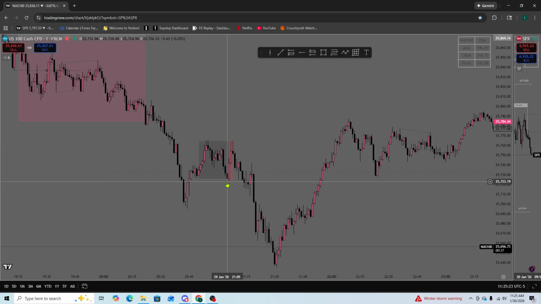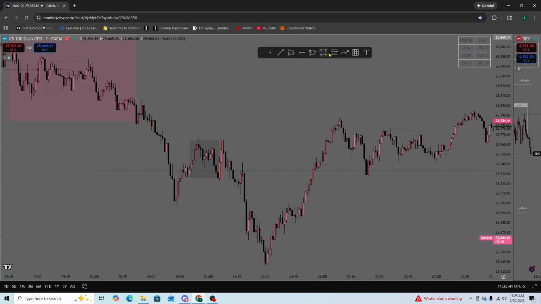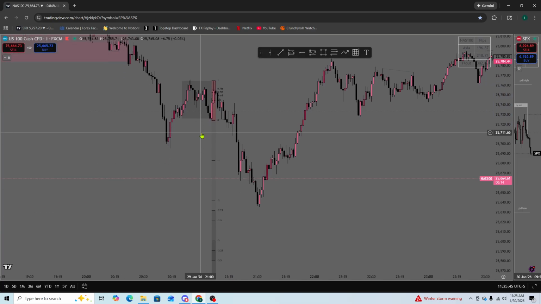After this consolidation, we go down, we manipulate up, right? This could have been our manipulation like here if we broke structure. But all we did was sweep the highs and then we break structure here, right? So we mark our manipulation leg from the top to the bottom, and then